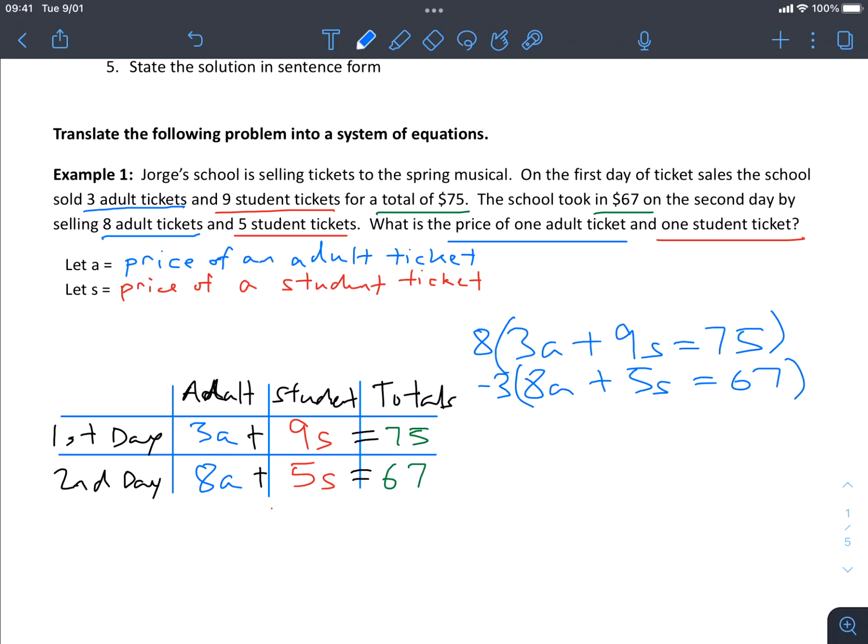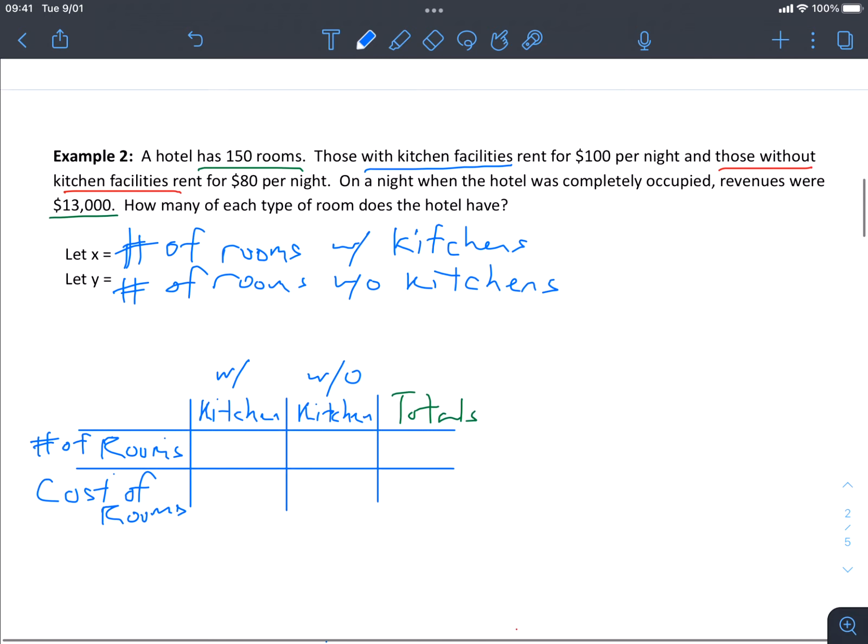just translating the language into mathematical symbols. Let's take a look at another example. If I have